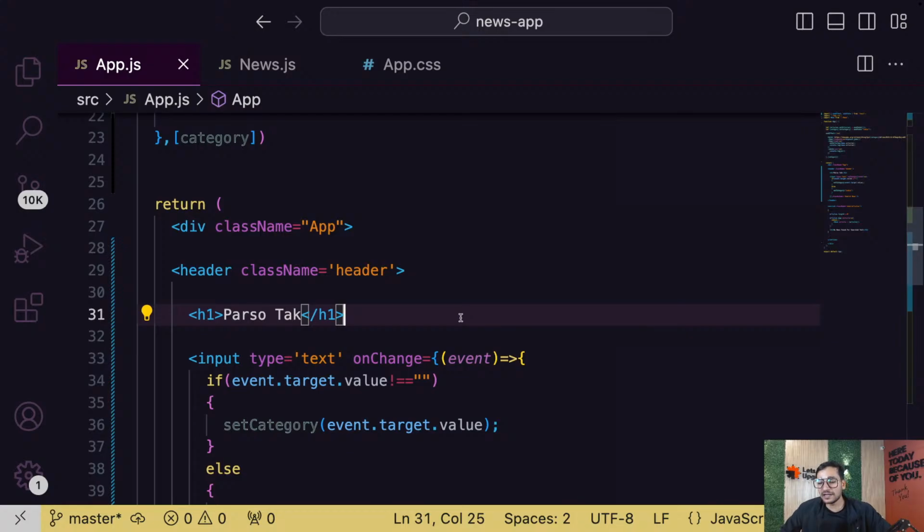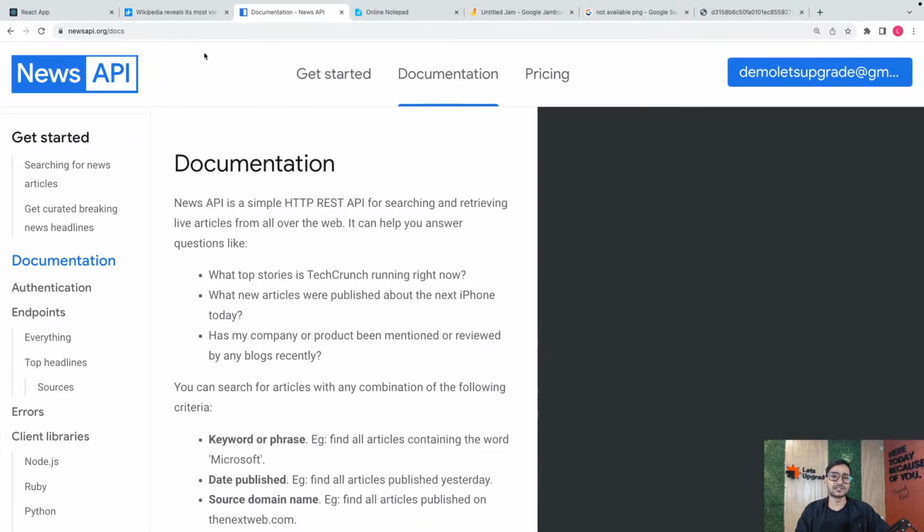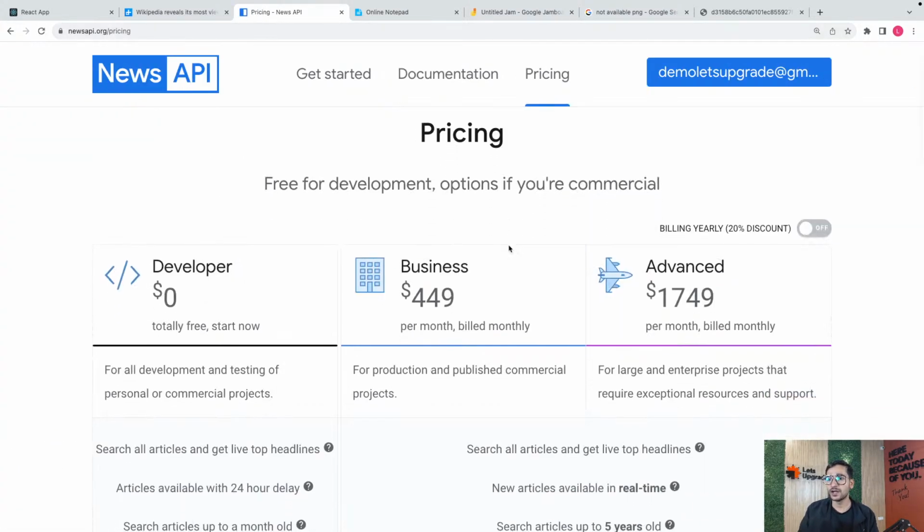Definitely, I'll try. Definitely, buddy. In case you want a new API, yeah, you can. There are tons of news APIs. This is not the only news API, buddy. There are tons of news APIs available, so you can search for some more. But see, there are some APIs which will be free, and some APIs which might be paid. So you have to check that out as well. And I think the paid version of this news API is much better. It's a lot better. So you can check their pricing and all that stuff if you want to see.